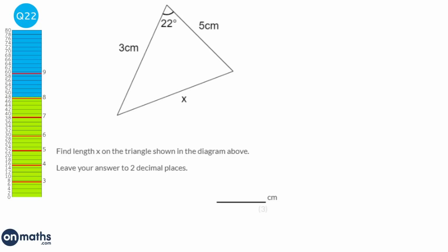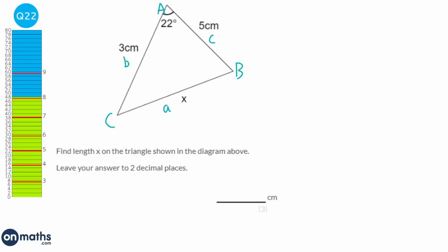I'm going to start off by labeling the triangle, and so we've got capital A here, capital B, capital C, and lowercase a, lowercase b, and lowercase c. It doesn't actually matter which way around B and C are, but capital A is always the angle that we're given. So we've got to work out whether we're using cosine rule, sine rule, or something else. Well, here we're given 3 lengths. Well, actually one of them is unknown, but there's 3 lengths involved and an angle, so that's definitely going to